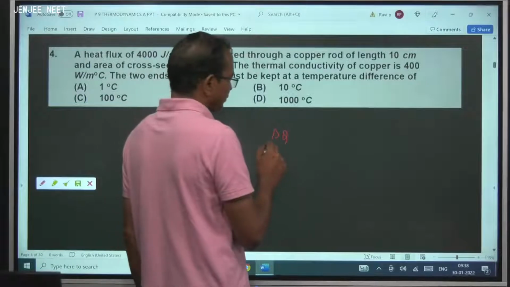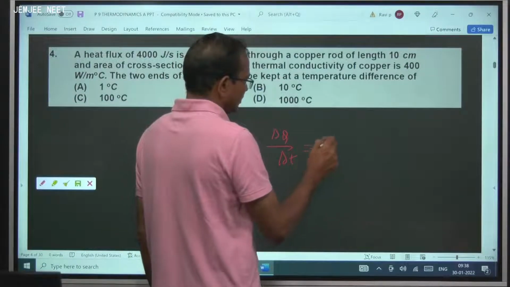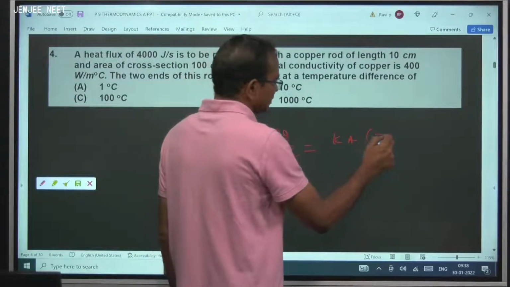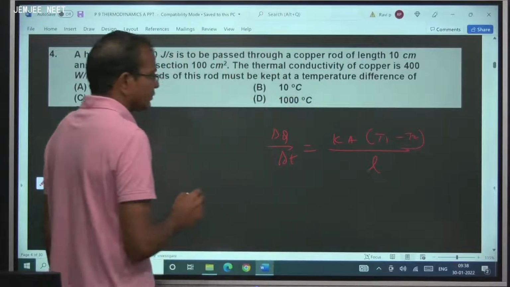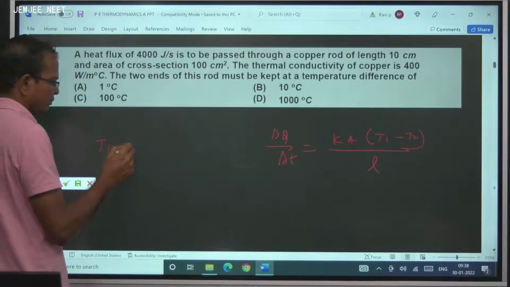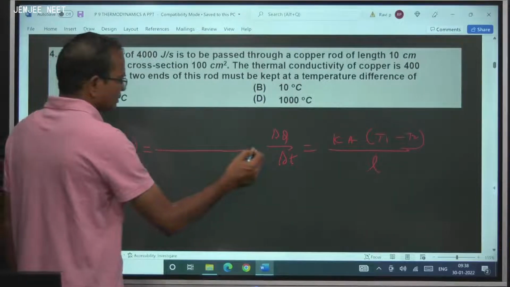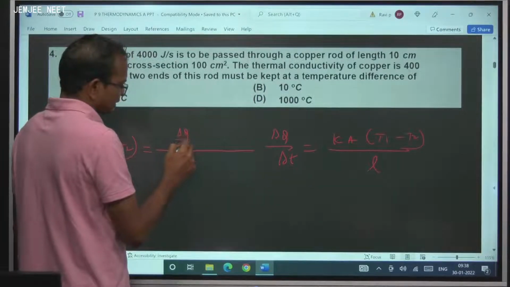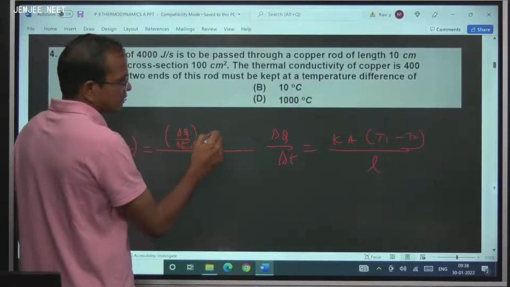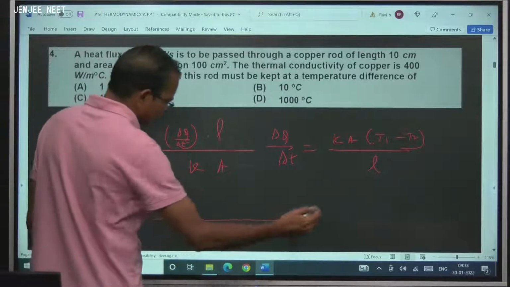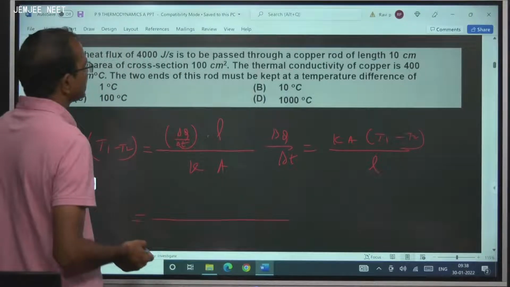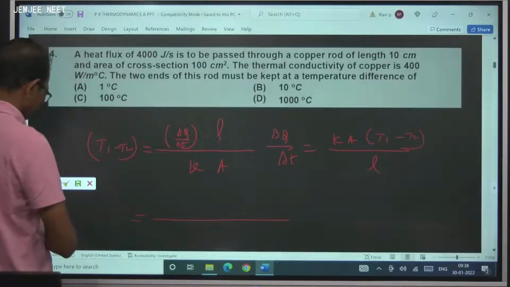Quantity of heat flowing per second is equal to KA (T1 minus T2) by L. Therefore, T1 minus T2 is equal to the quantity of heat flowing per second multiplied by L, divided by KA. All the 4 values are readily given. You just have to substitute. That's all, nothing else. 4000